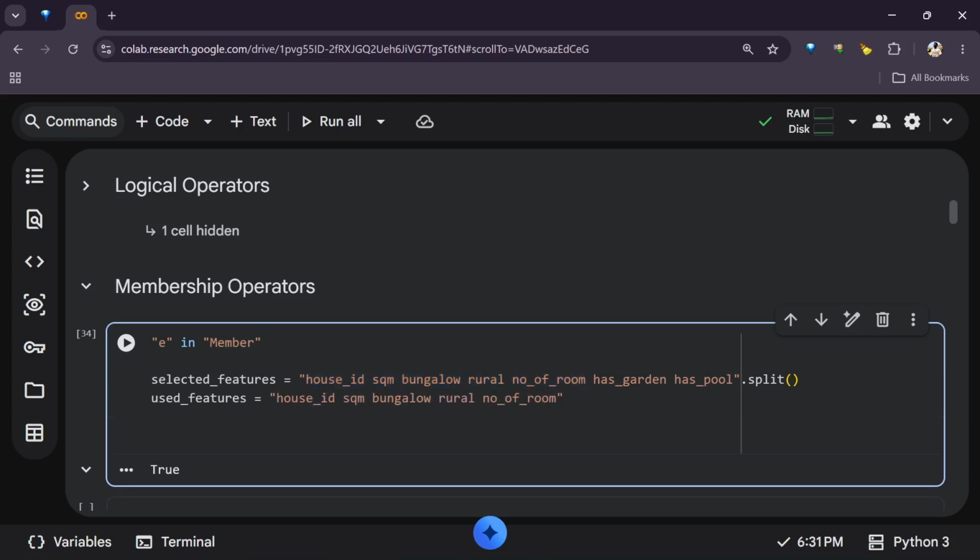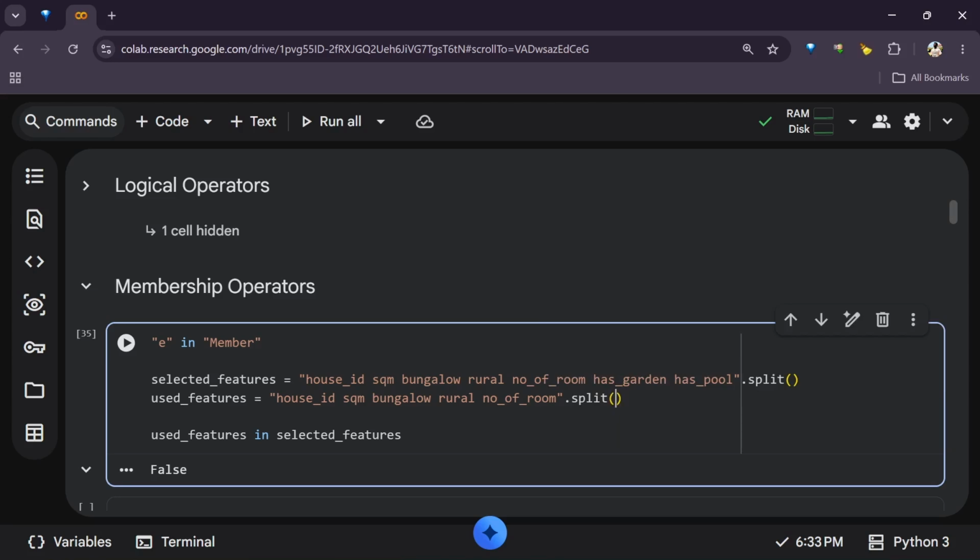Then we can say, it could be one by one anyway. We can maybe decide to check if a feature is available in the selected features. But let's use this first. Now say used features in selected features. So let's run that, and it says false, because